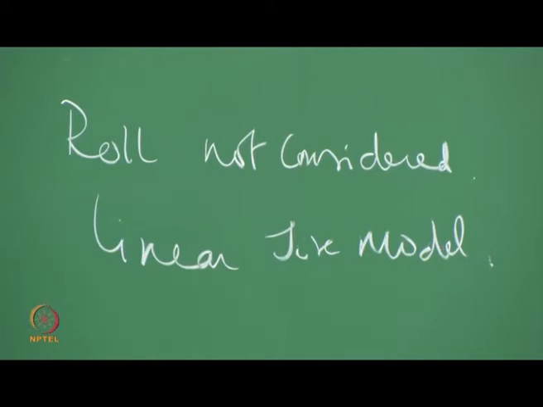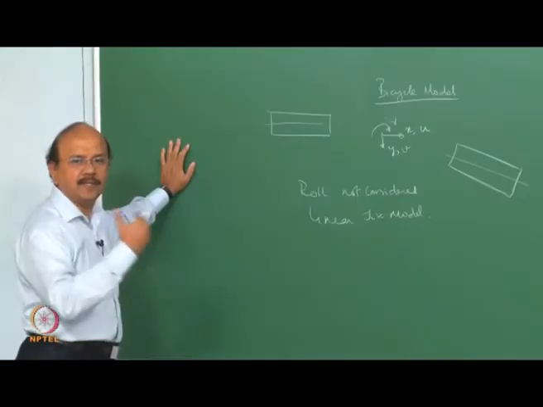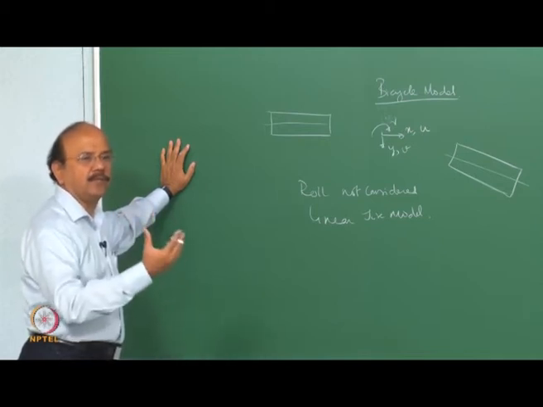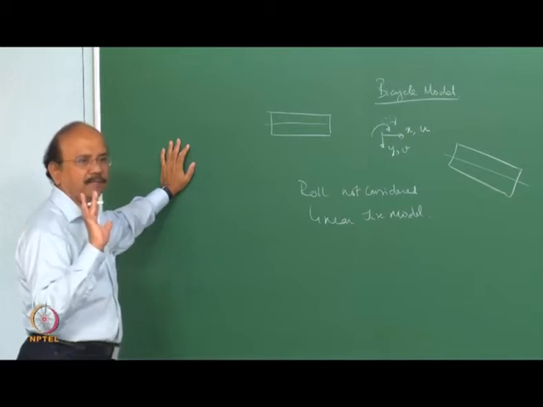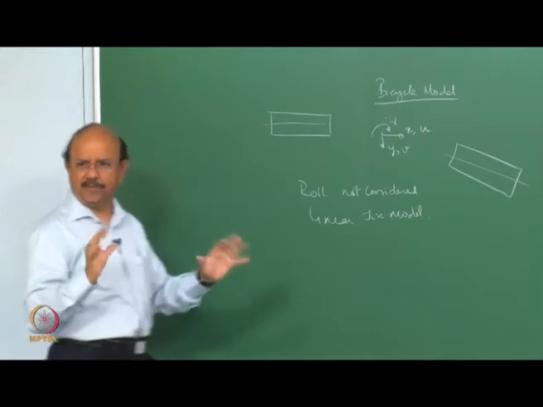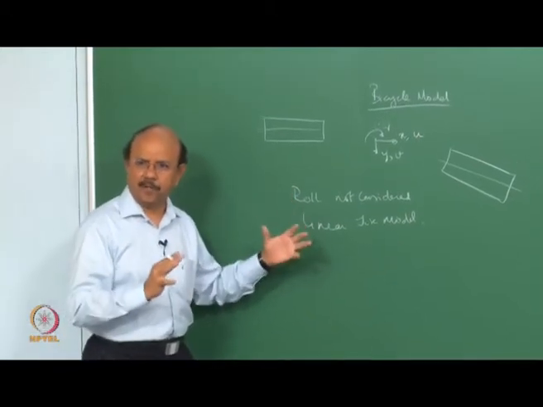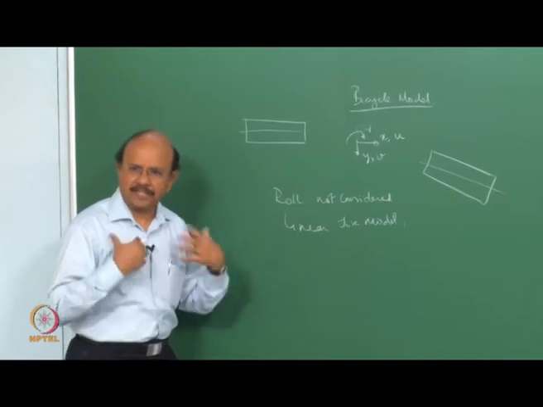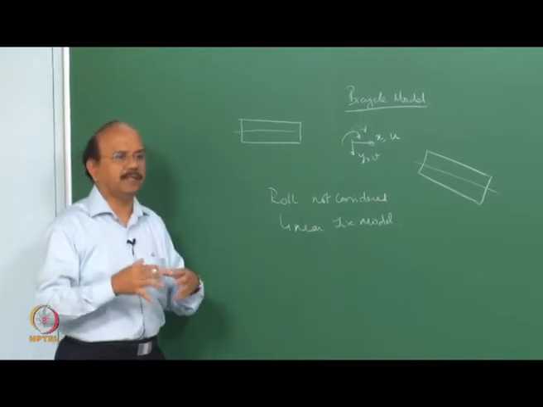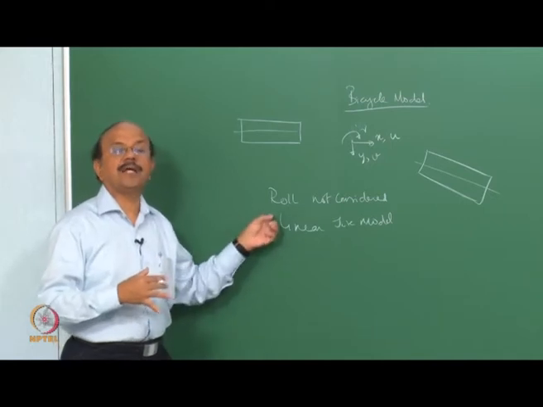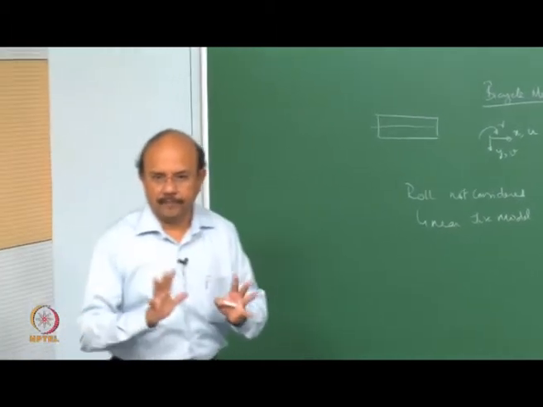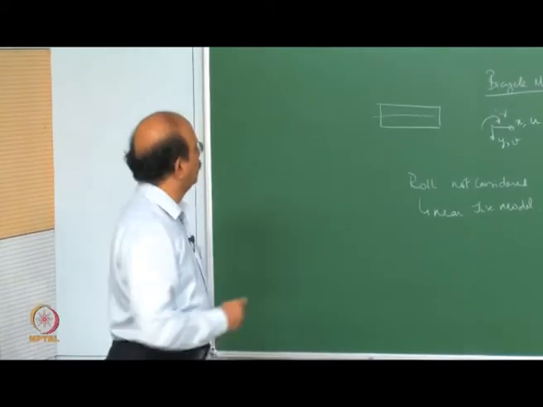Then I am not considering the compliances of various bushes and other things that come into the picture. All those things I am neglecting, and we will bring in all those things later. In other words, what we are going to essentially do is look at this model, derive the equation, understand the physics, and then slowly include the effect of those aspects which I have neglected right now. That's the whole idea. Clear?